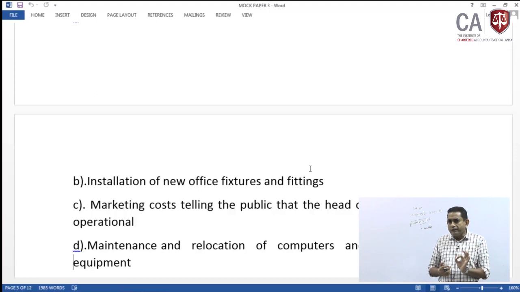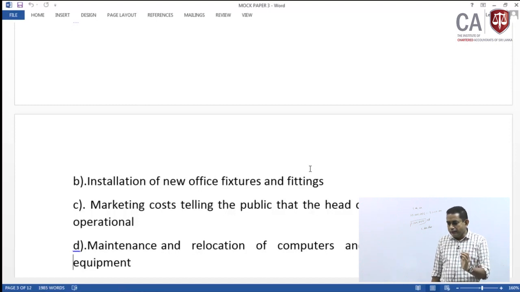What if you fit the office furnitures first and then you decide to sell? The selling price can be way bigger than the selling price of a building where the fixtures and the furnitures are not there. So, by way of a higher selling price, you can generate more economic benefits if you install and fix the furnitures into the building. So, that will contribute to generate more economic benefits.